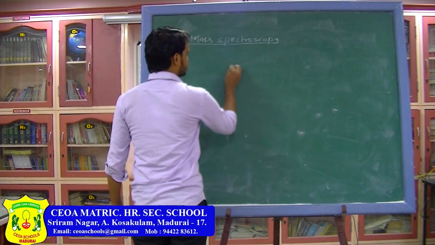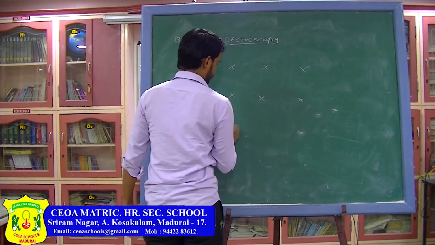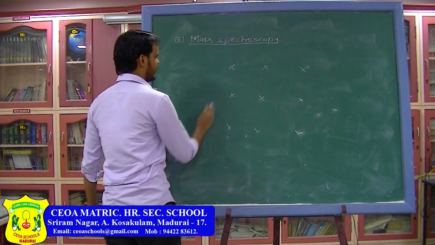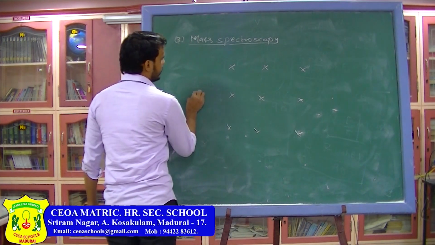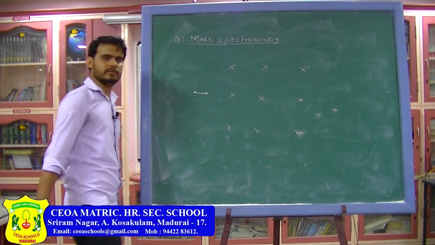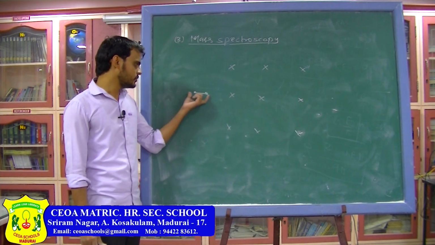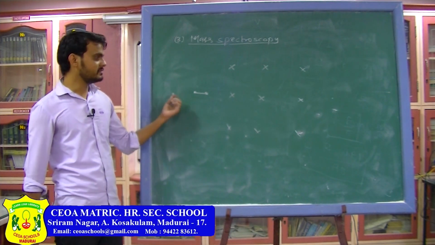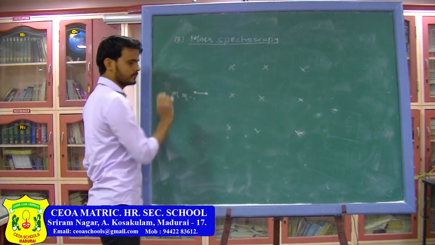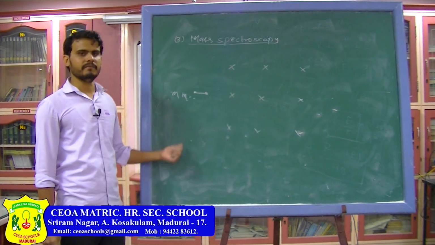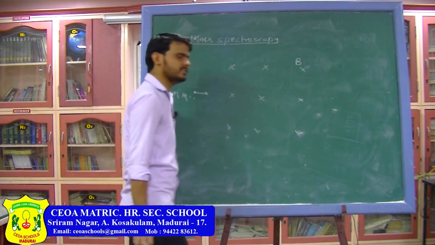So, in mass spectrometer, again you have a magnetic field which is in the inward direction, and here there are different particles. Charge on the particles is the same because they are isotopes, and velocity of all the particles is also the same. You can use a velocity selector to make the velocity of all the particles equal. Here you have different isotopes, which means their masses are different. So, you have m1, m2 and so on. Charge, velocity and magnitude of magnetic field are the same for all the particles.